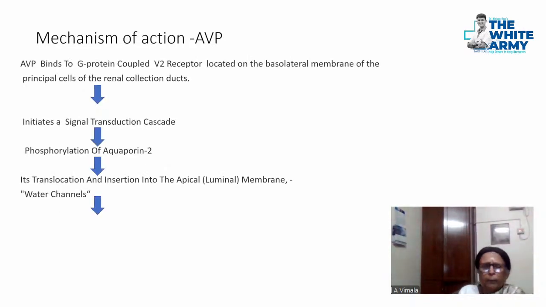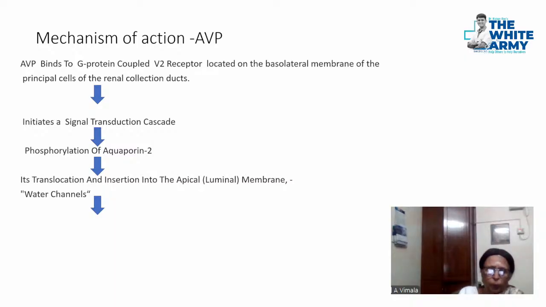So what is the mechanism of action of AVP on the kidney? AVP binds to the G protein, which is coupled to the V2 receptor. There are V1 and V2 receptors. Here we are talking about the V2 receptors. It is located on the basolateral membrane of the principal cells of the renal collecting duct. So this AVP gets bound to the V2 receptor. It initiates a signal transduction cascade,